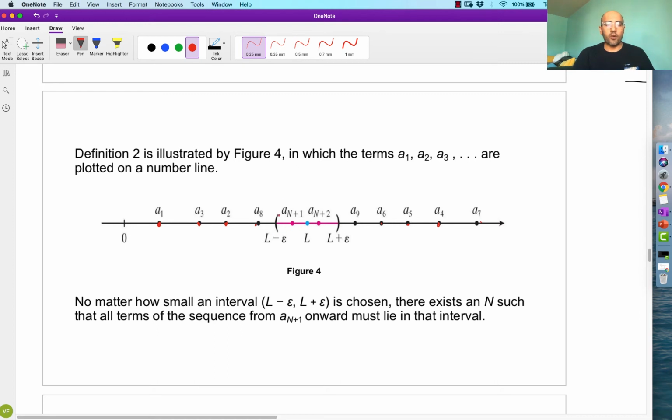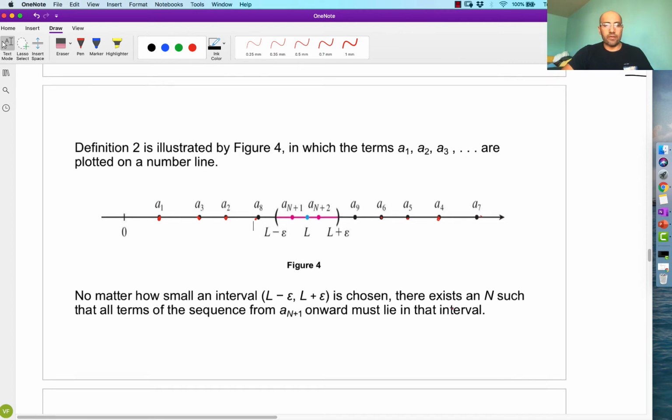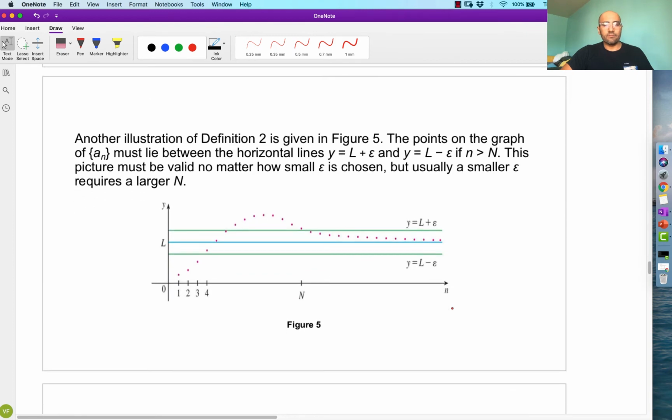And so if we go within epsilon of capital L, right, so capital L plus epsilon, capital L minus epsilon, we can come up with a lower bound and an upper bound, such that all the values of our sequence beyond capital N are all inside these parentheses. It's the same idea as in a two-dimensional grid. I think it looks a little better there. Right? So this is what we were just doing in the applet.